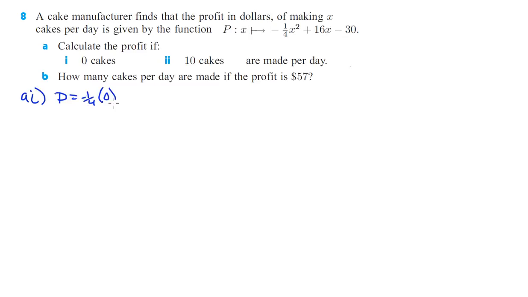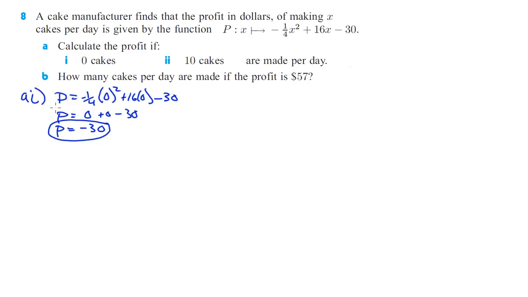-1/4 of 0 squared plus 16 times 0 minus 30. So 0 squared is 0, times -1/4 is 0. 16 times 0 is 0, minus 30. So the profit is -30 if you make 0 cakes per day. So if they don't make any cakes, they lose $30 a day. That's not too bad for sitting there not doing anything. Well, I guess you lose $30, but